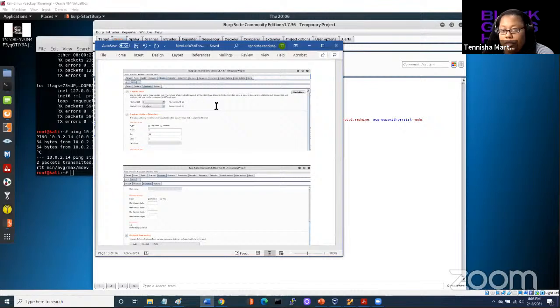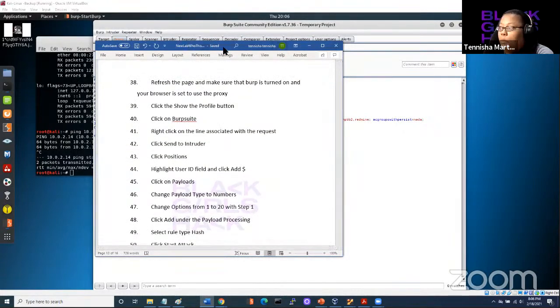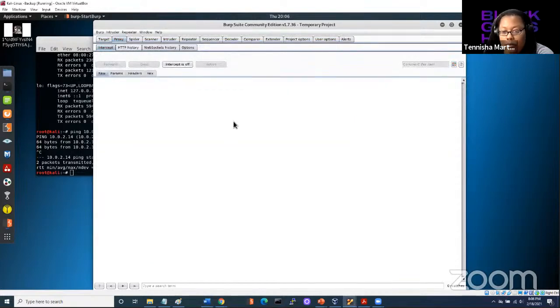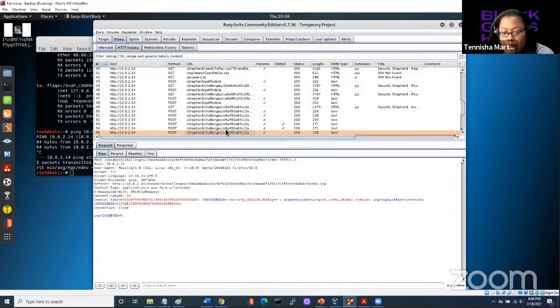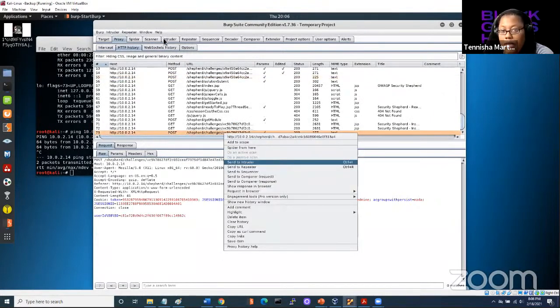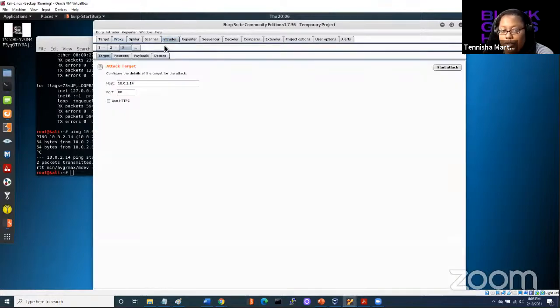So we're going to do the same thing. On number 42, we're going to turn off the intercept, go to HTTP history, click on the last one, which has the user ID, and send this to the Intruder. The reason is that we want to set up an automated way to cycle through all of the options that are available. We're going to try 1 to 20, just to see which users'